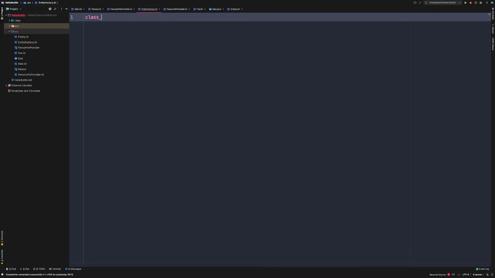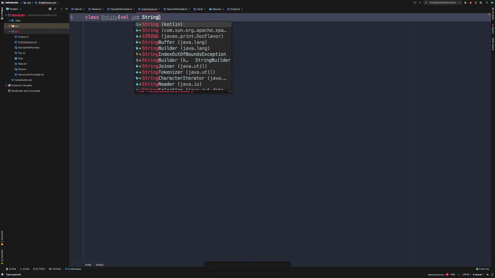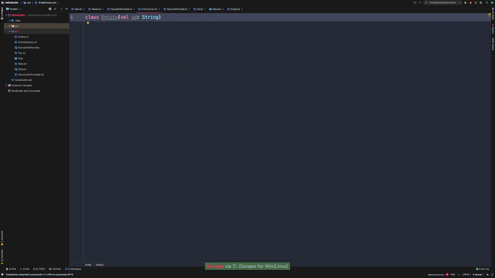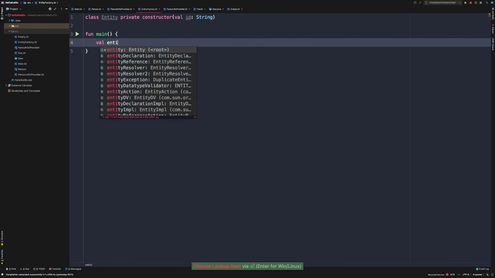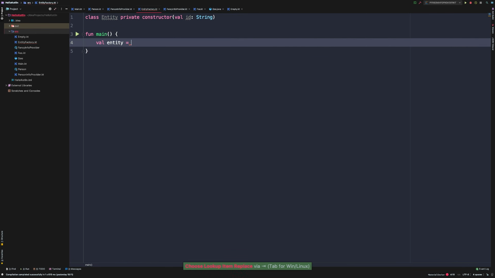So to start, we might create an entity class, and maybe that class will have a single ID property to start. Now we want to make this a factory like we said. So what we might want to do is change this constructor to be private. And so now if we add a main function and we try to create an instance of entity,